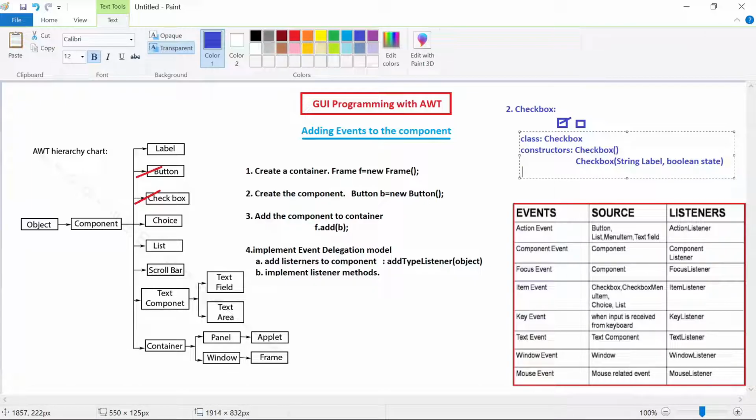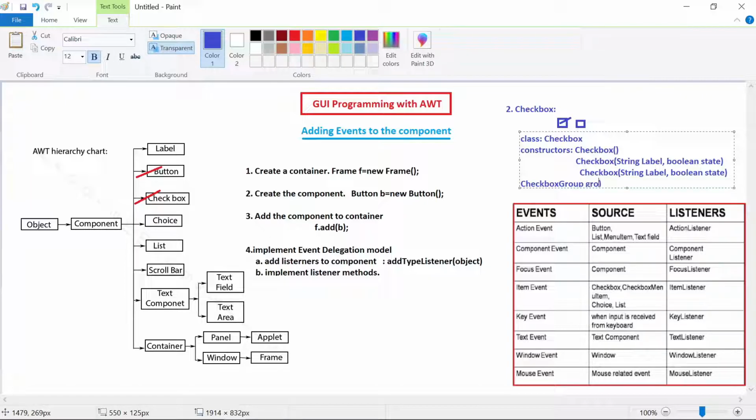Or else you have a third way. For the time being, let us not see the third and fourth ones, but you can make a note of them. Along with the checkbox, you can have CheckboxGroup. This will be used to create the choice buttons.